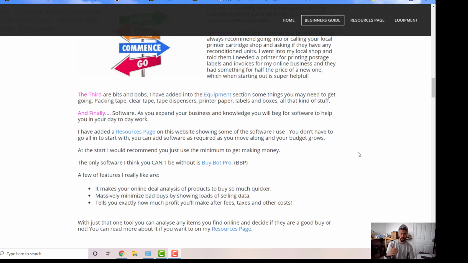So when you think you found a product that you would like to source and sell, BuyBot Pro will come up on the page wherever you're looking at that product, and it will tell you how many are selling on Amazon, how many people are selling it, the ranking of that product, the break-even point of that product, the profit margin, the return on investment, if there's ever been any intellectual property problems with that product, which basically means the owner of the product doesn't want other people selling it.